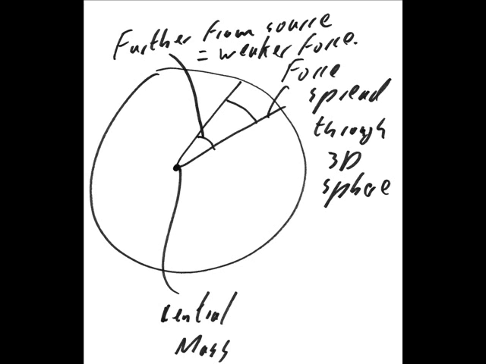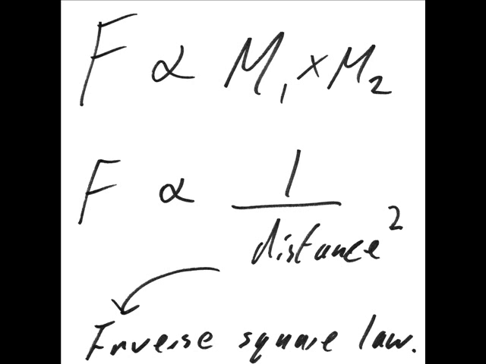Newton's law of universal gravitation works in three dimensions. Around a point mass, there is a sphere of space through which gravity works. This is the same of all field-based studies of force. The area of the surface of a sphere is 4 pi r squared, where r is the radius of the sphere. The gravitational force is spread throughout the sphere, giving Newton's universal law of gravitation as the force between two